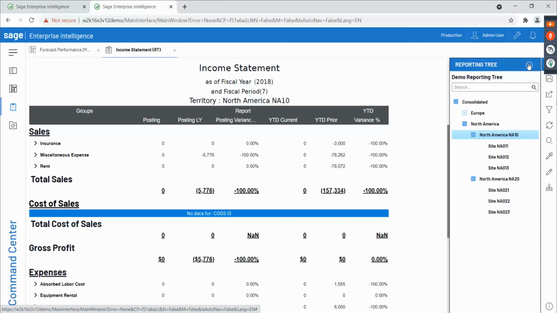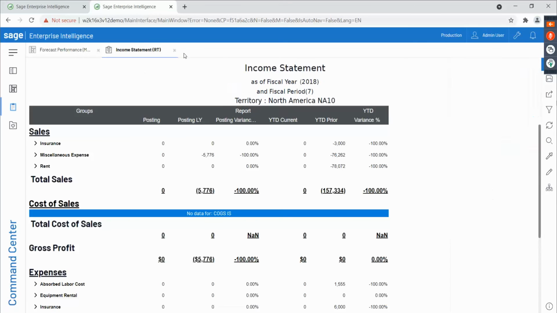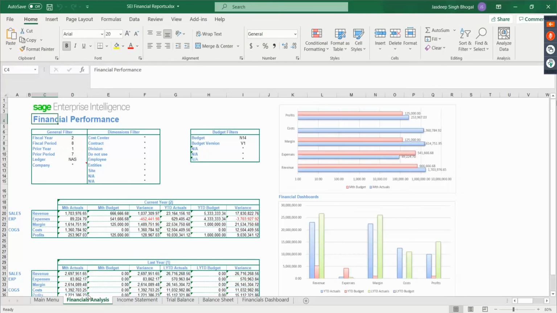All right, so with that, I will conclude the presentation on the web application here, as I would now switch to show you the second platform of SEI, which is the Excel add-in. Now, Excel add-in, which is another platform offered to the users, is a full-blown business intelligence solution within itself, as it offers a lot of different tools that we will see in a moment to create the reports